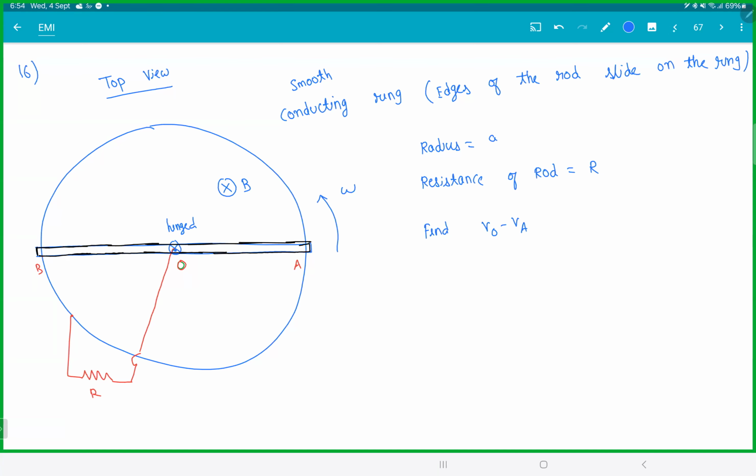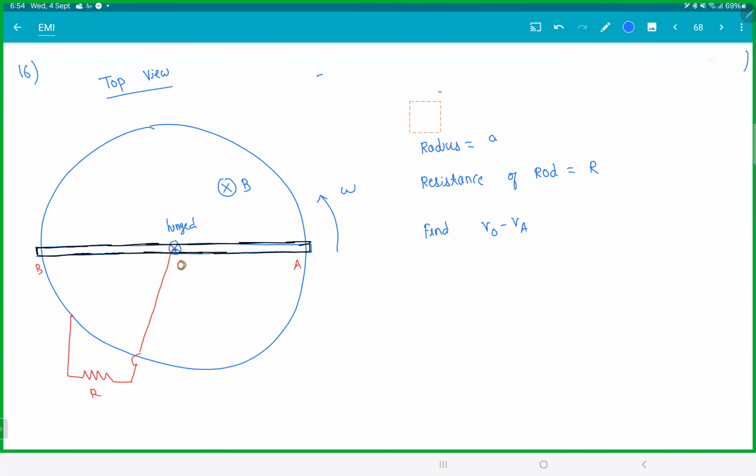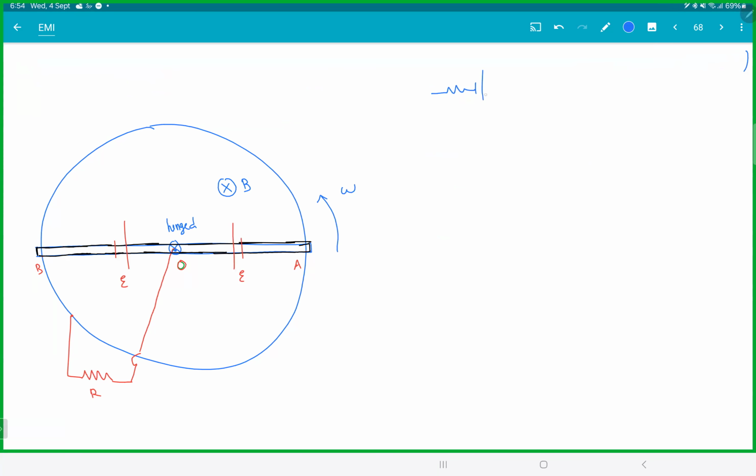And which way is that? So assume a positive charge, V cross B, fair enough. So this is acting like a battery here, and this is acting like a battery here, EMF E and EMF E. So if you try to draw the circuit, this is how the circuit looks. So each segment